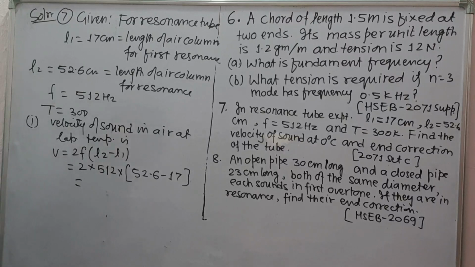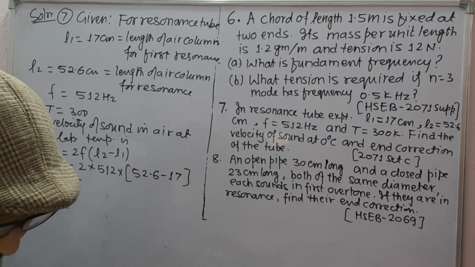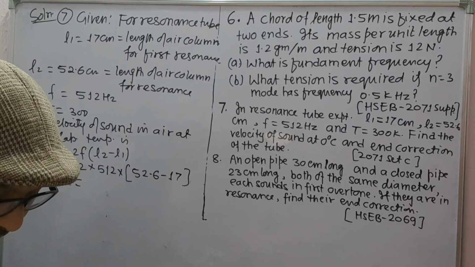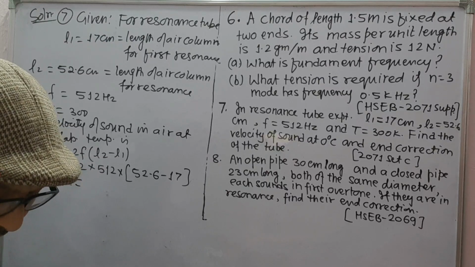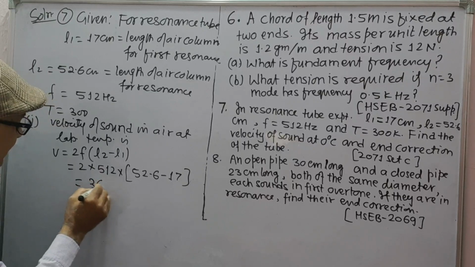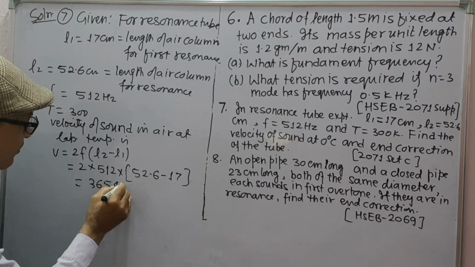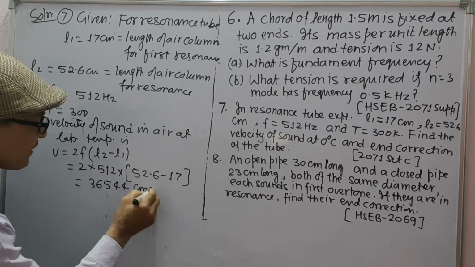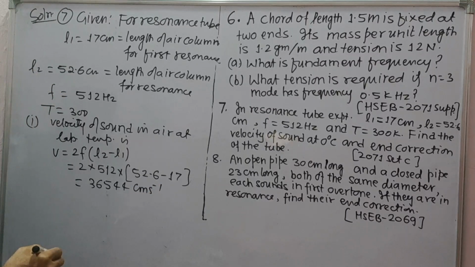This gives velocity as 36,544 cm per second. When divided by 100, it gives